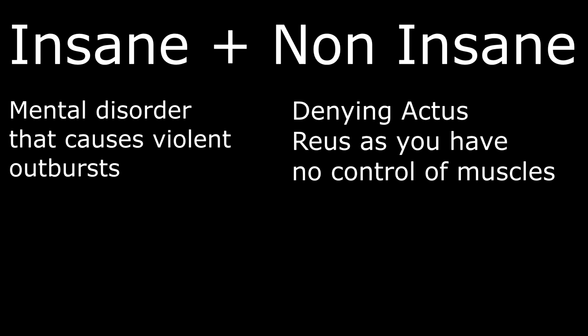This one is a full defence to all crimes, as what you're doing is effectively saying no to the actus reus. You didn't even do it, the acting bit. Because this is an act done by the muscles with no control of the mind, i.e., Hill versus Baxter gave us an example of driving along and a swarm of bees surrounds you, then you crash and kill some people. You can't help that because you can't stop what your muscles are doing to try and get the bees away from you. So those are the 2 different types.